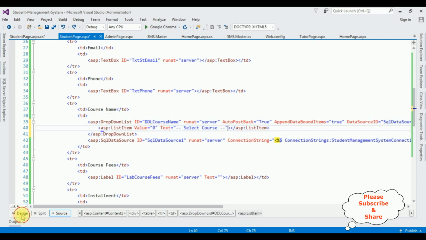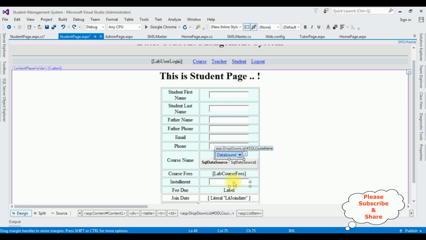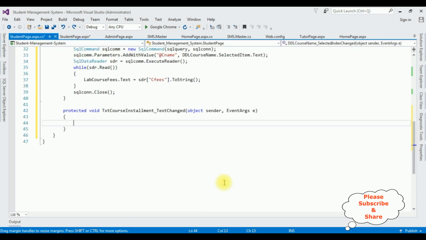Again, switch back to the design mode. Now double click the installment. It will generate the text change event of the text box control. Adding the integer balance is equals to Convert.ToInt32